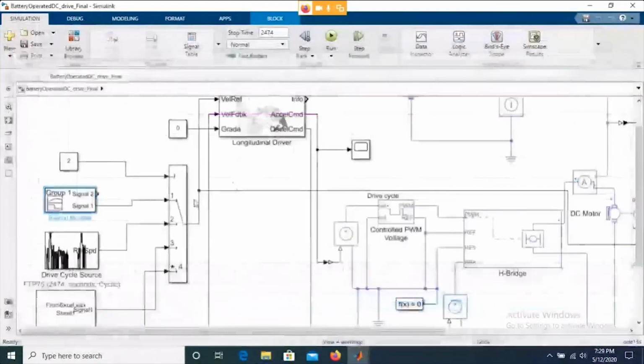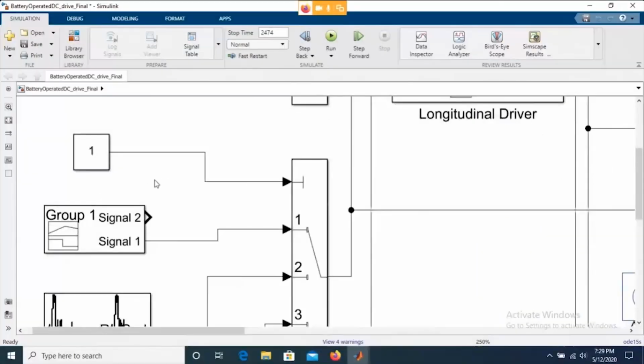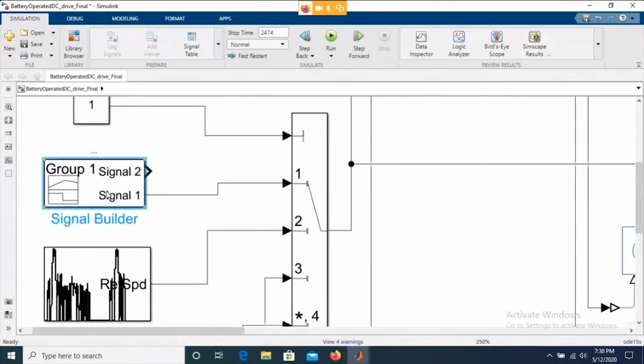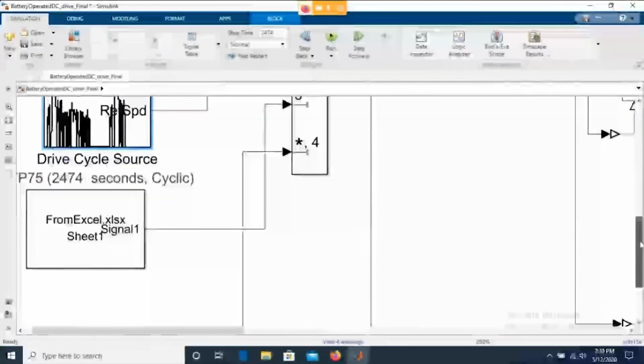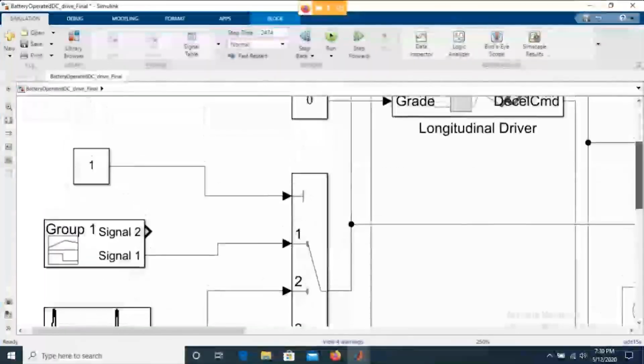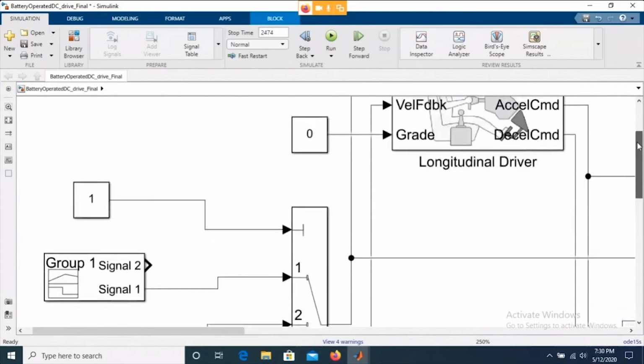So I'm going to set the switch selector to 1 over here. What is the meaning of constant 1 here? It means that my source number 1 is selected. You can consider it like this: there are four friends in a car. Friend number 1 is this, another one is this, and another one is this, and we also have a real-time driver like this. All these friends can tell the driver what the speed should be.